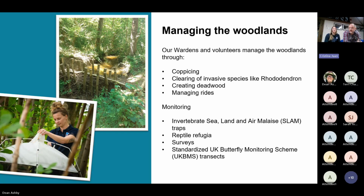Managing woodlands. Managing woodlands is something we've been doing for a long time, not just with animals, but with our volunteers and contractors as well. So our wardens and volunteers are out there doing coppicing, clearing of things like rhododendron, creating deadwood piles and managing rides. Now, a lot of that does still need to go on. We can't use natural solutions everywhere. It's not appropriate to all our sites or all the areas of our sites. And it's also important to have that in place to compare and contrast with the work that the